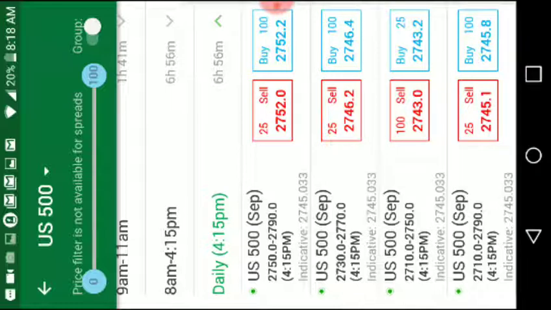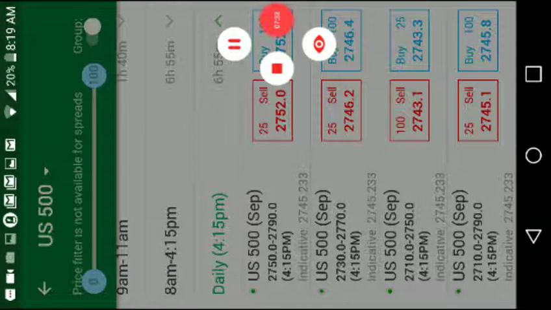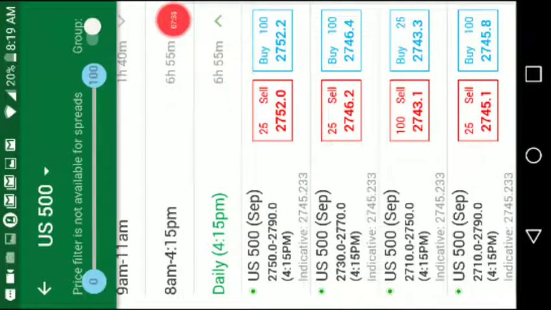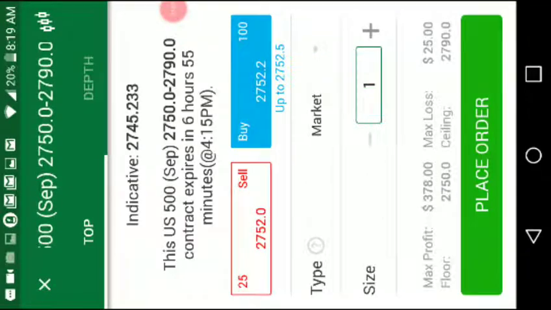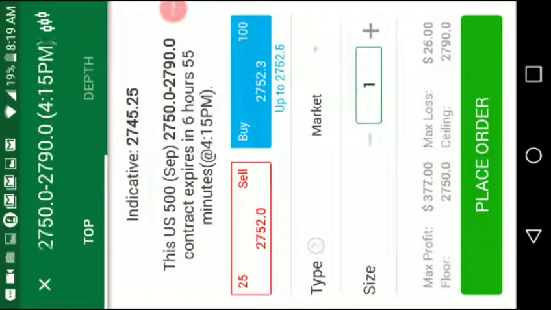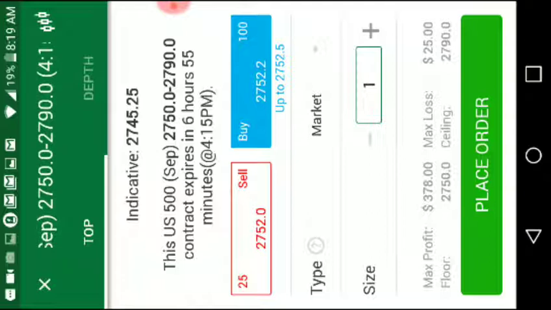Now, we are currently once again at 27.48, and I will take an out of the money call at 27.50, and we're going to buy that one. We're going to buy 27.50, and the actual price that we're getting on this now is 27.52, and the indicative